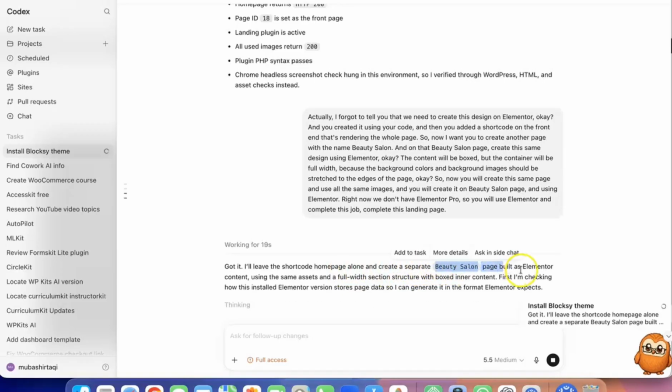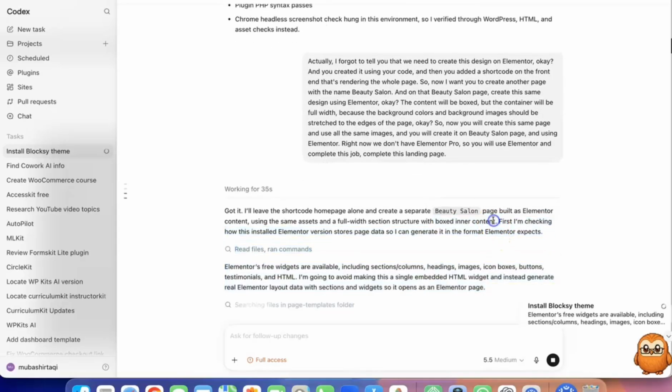Here you can see it's built as Elementor content, and he will tell us what the structure should be. Here you can see a full width section structure with a boxed inner container, so inner content. So let's see. And now he started. Elementor's free widgets are available. He just checked, and now he is checking that these features and these widgets that we will use are available